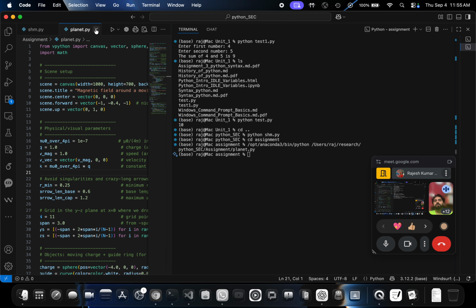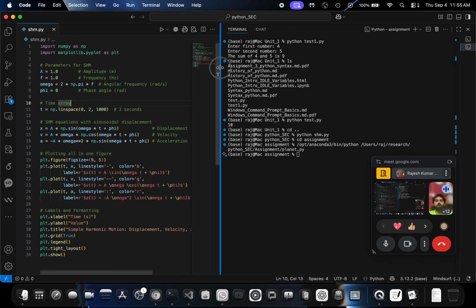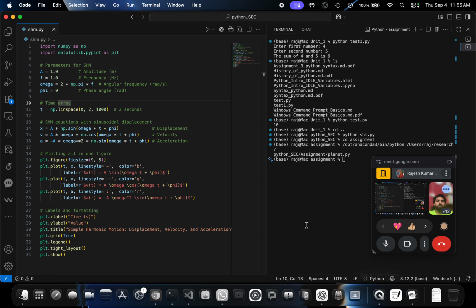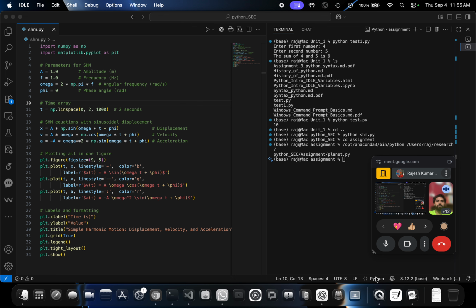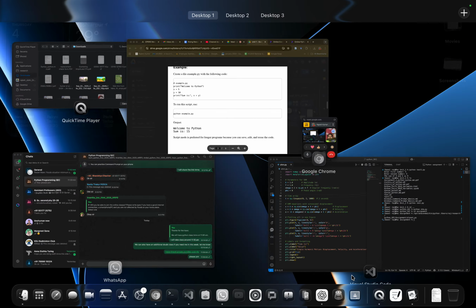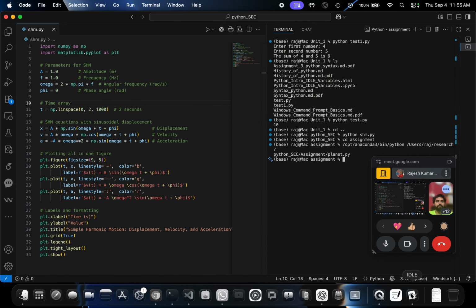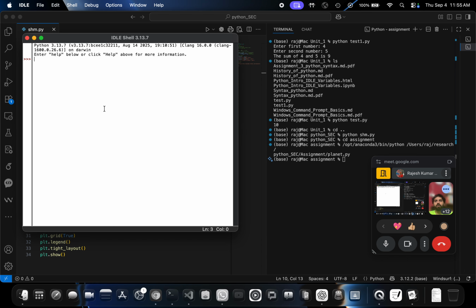But for the time being, let me just summarize what we learned today. So we learned two things. We learned script programming as well as interactive programming. Interactive programming is when we run commands one by one on the shell itself. It could be a Python shell. It could be an IDLE shell. Okay, so the example of interactive commands was like 4 plus 5, whatever you can execute in a single line.